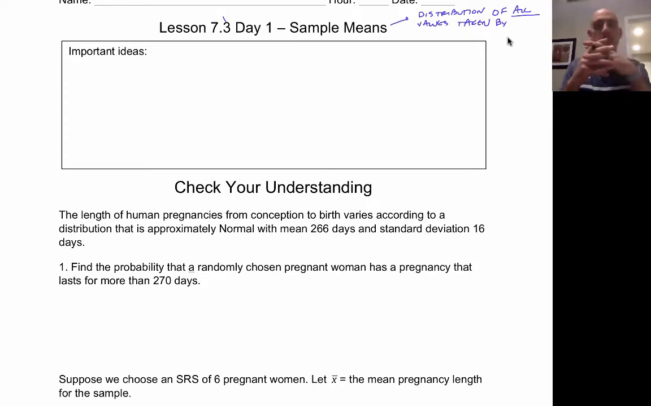Welcome back. Today we're going to talk about sample means, and I've already got a statement started up here. When we're talking about sample means, this is the most common statistic used in quantitative data, because essentially what we're doing is we're taking every possible sample and finding the mean of it, and then we're creating a distribution from those means from the sample. Okay, so it's the distribution of all the values taken by the sample